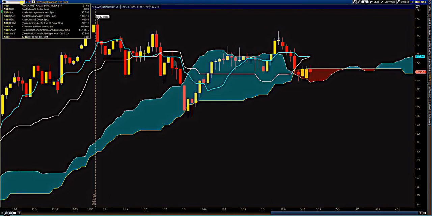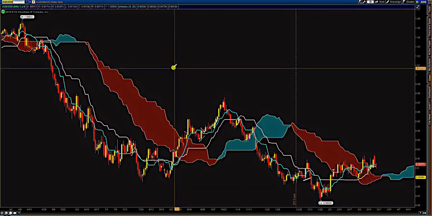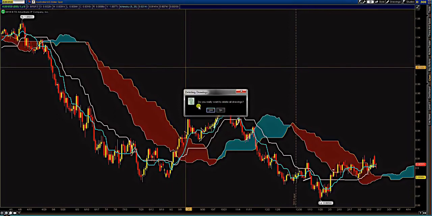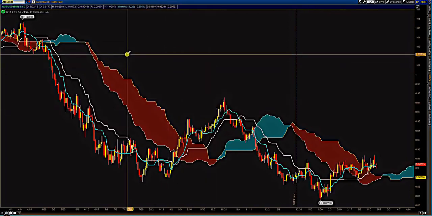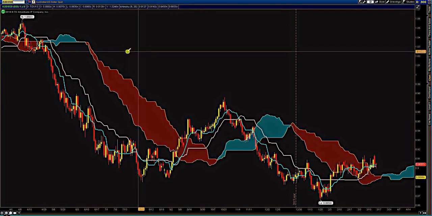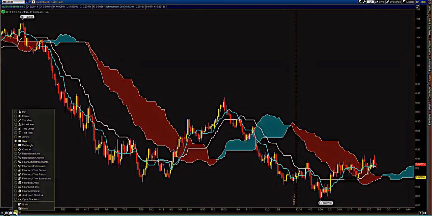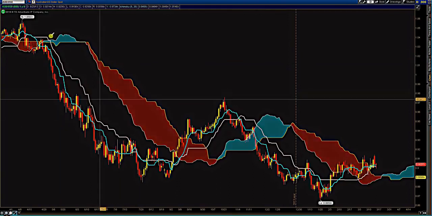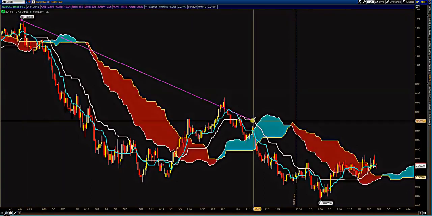Let's take a look at Aussie dollar. And in my next video, I will go into more detail on how to use other indicators on how to trade the Ichimoku Kinko Hyo. For example, indicators such as trend lines, simple but yet powerful. If you take a look at this,